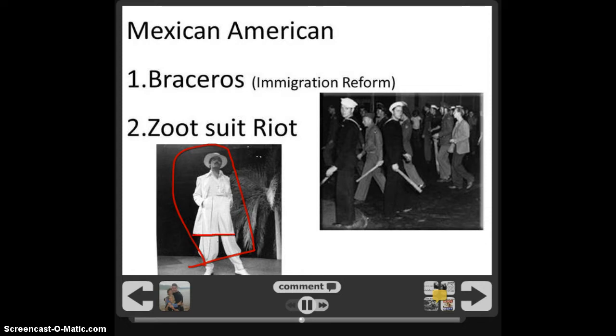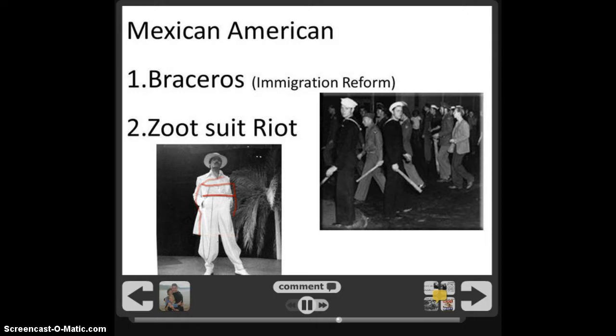The jacket would come all the way down to the knees. It would be double-breasted, so if you were to fold this over, it would go all the way over here, and the other side would go all the way over there. The pants come way up here. And there's a lot of fabric to it. And in and of itself, it's a pretty stylish look, but